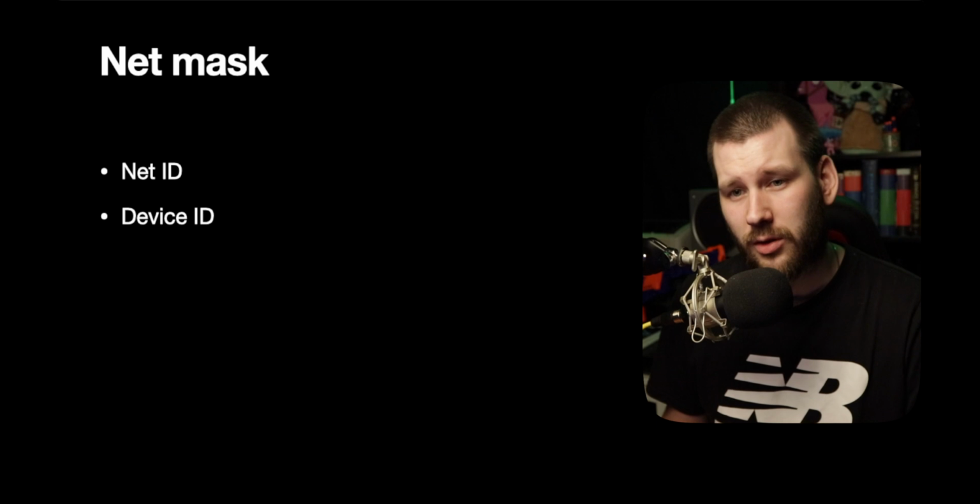Now, along with an IPv4 address, we also have a net mask. The net mask tells us which part of the IP address belongs to the network and which part belongs to the device. The part that belongs to the network is called a net ID, and the part that belongs to the device is called a device ID. The net ID will be the same for every device on that logical network, and the device ID will be different for every device on that same logical network. If we change one part of the net ID, we'll need a router to be able to talk to that